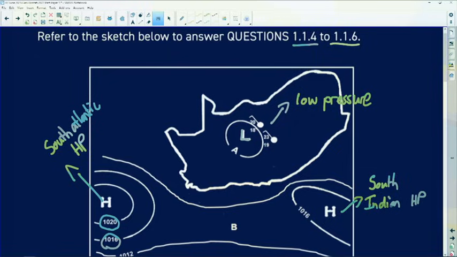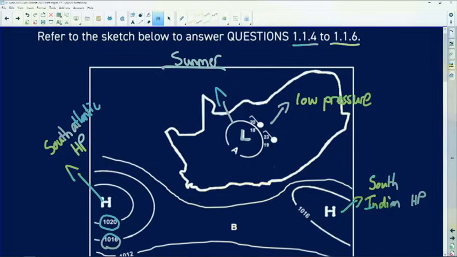Okay, now very importantly, one thing I can tell you immediately, if you look at this diagram, what season will it represent? I'm going to say summer, and the reason why I know it is because we have a low pressure over the interior. Now once again, we need to revise what we've learned in grade 10 and 11, when we distinguish between a low pressure and a high pressure, right? A low pressure